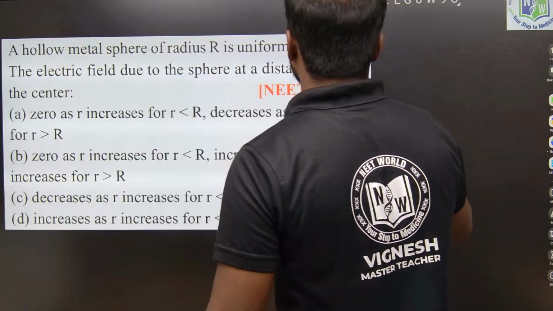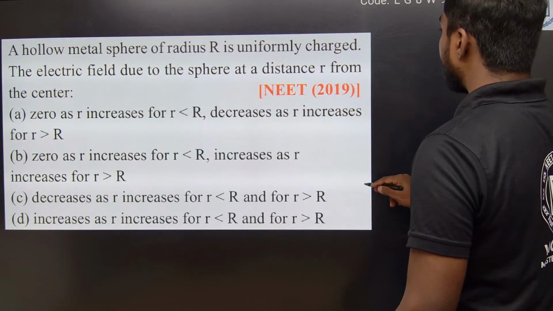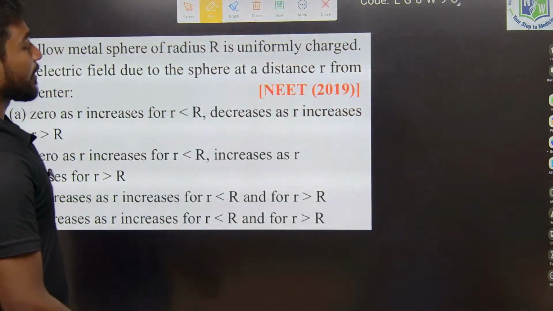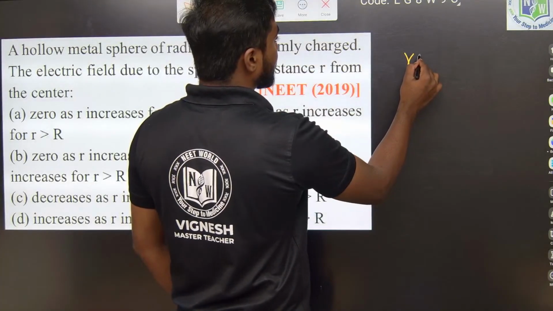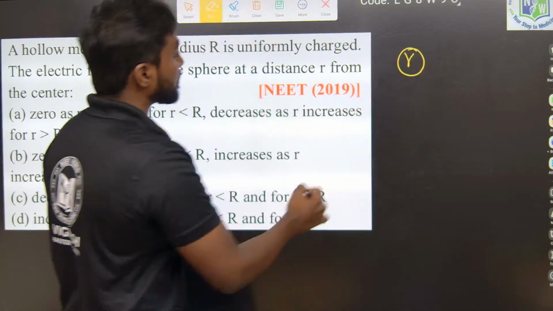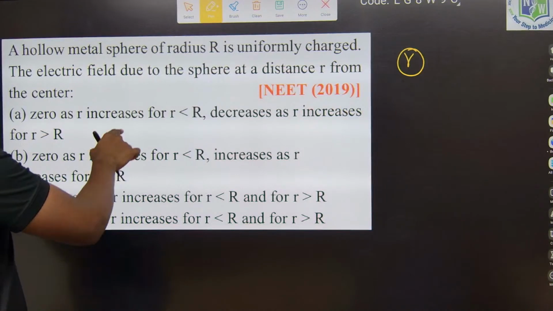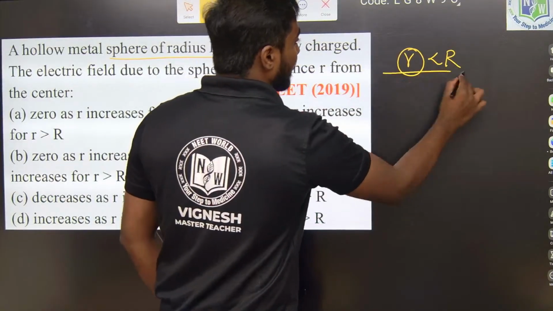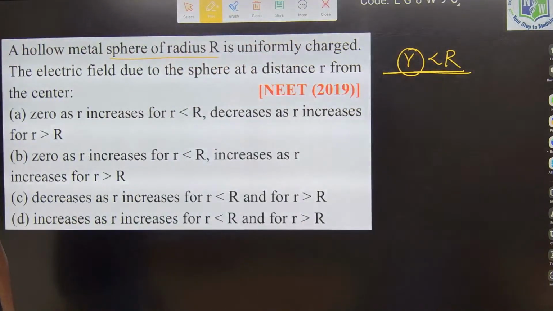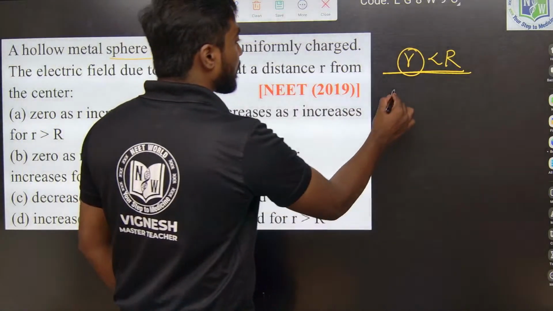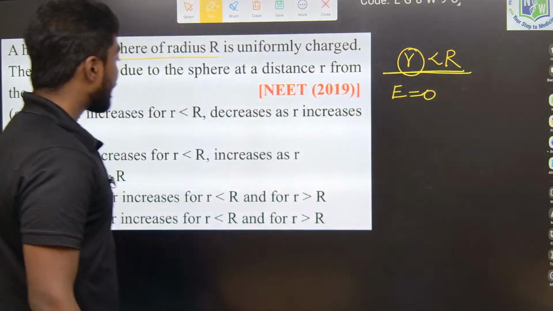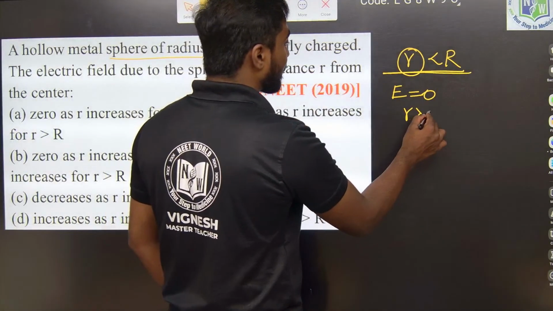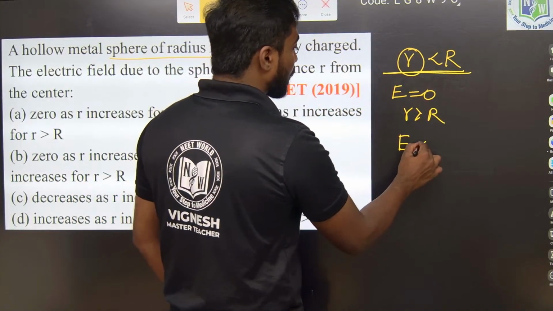The same formula we have seen in the last problem, we are going to use here. Inside, R is the distance I am considering, right? Radius of the sphere is capital R. When the distance is less than capital R, it is inside, so the electric field inside will be 0. For outside, if r is greater than R, E is inversely proportional to r